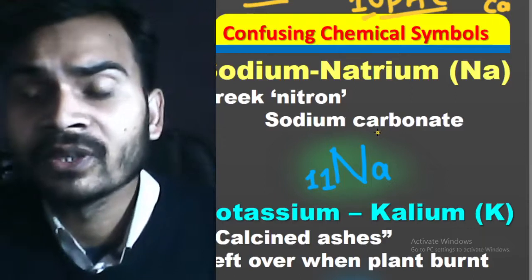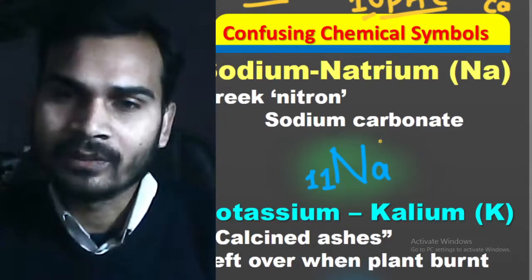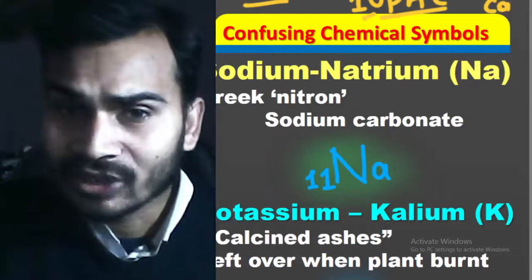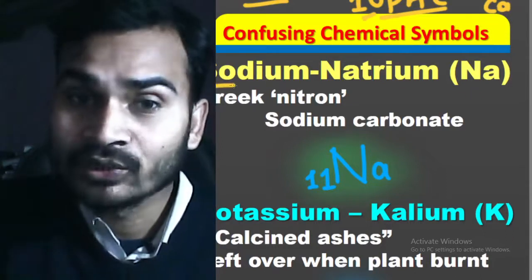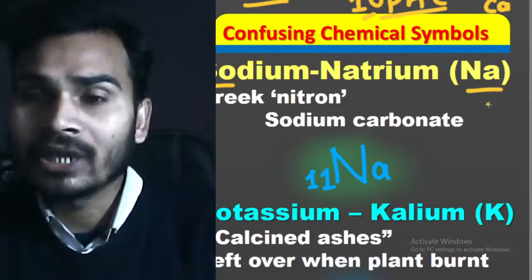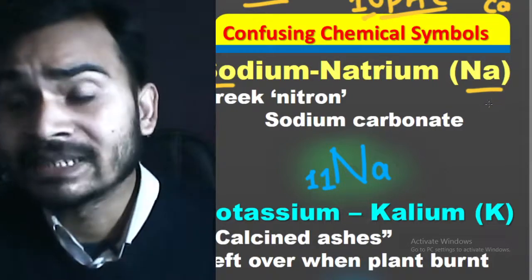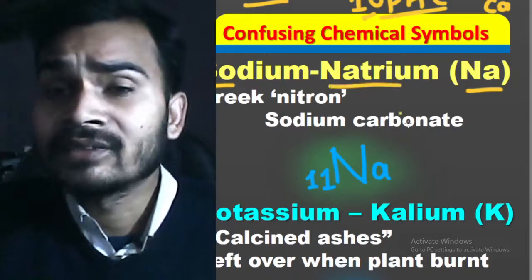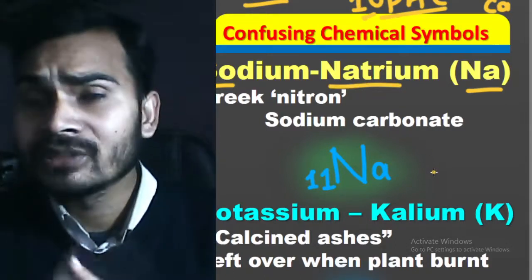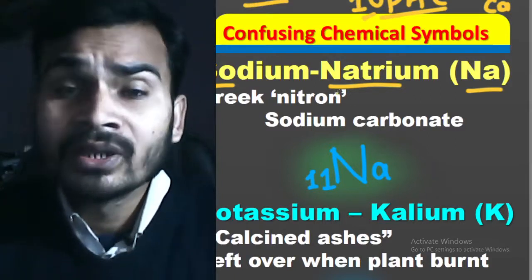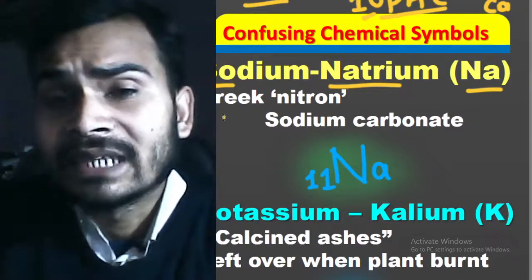The first element we are talking about is sodium. Yes, sodium has a different symbol. It does not start with S or So. Basically it starts with Na. So sodium has the symbol Na. Why is its symbol Na? Because it is taken from the word natrium. Natrium is the word from which sodium is derived. Basically natrium is a word that means